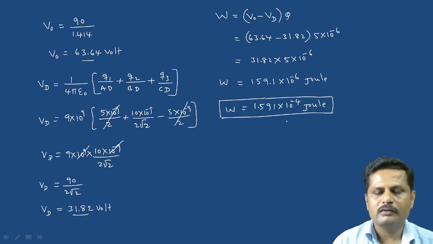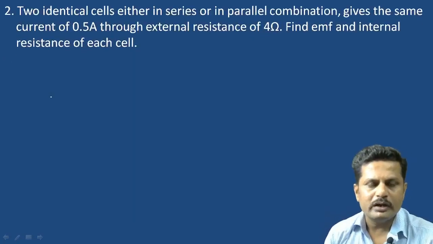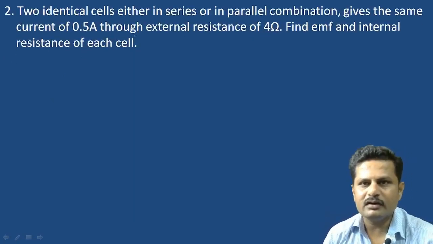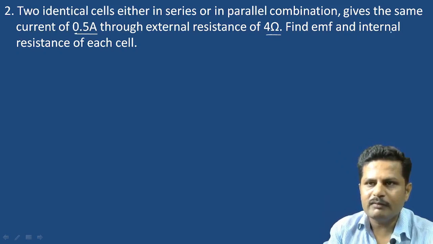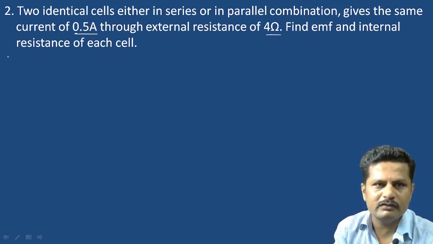Okay, so let's have a look at the next question. Two identical cells, either in series or in parallel combination, give the same current of 0.5 ampere through an external resistance of 4 ohm. Find the EMF and internal resistance of each cell. Here the number of cells is 2. How many cells are we having? 2 cells, and